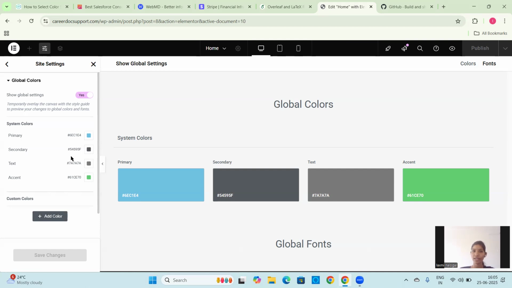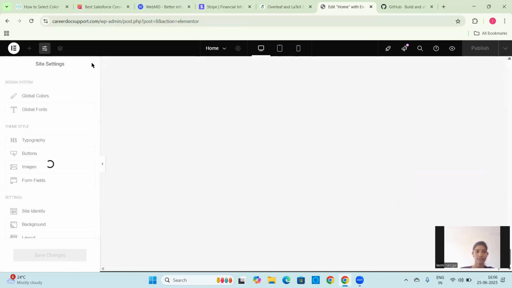If you don't want those default colors, you can apply your own from here, global colors. You have to toggle on the button for this option, and after that there are the options primary, secondary, text and accent. You have to apply your colors here, and after that click on save changes. I have already applied them here, so I will not change anything for now.